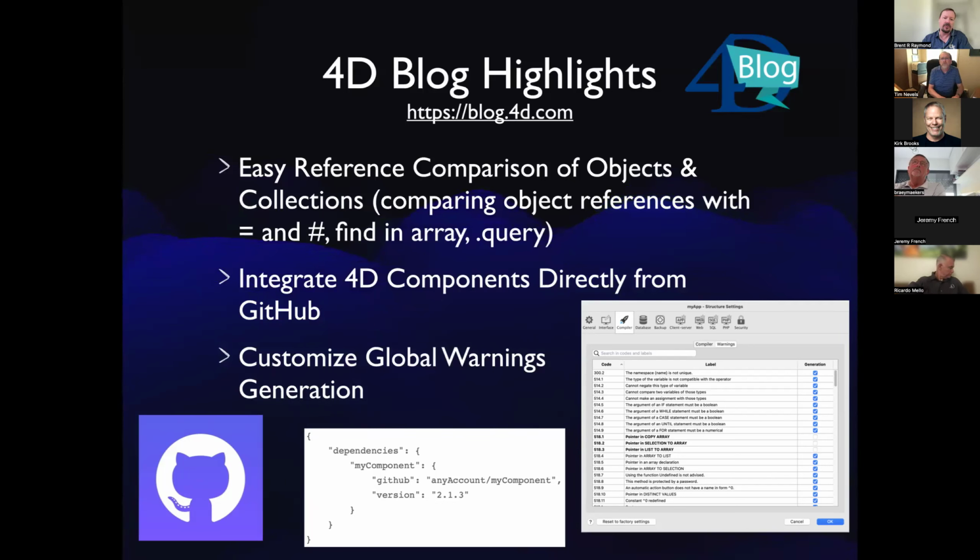And then also, this is really nice. I've been wanting this for a long time. Customizing global warnings generation.